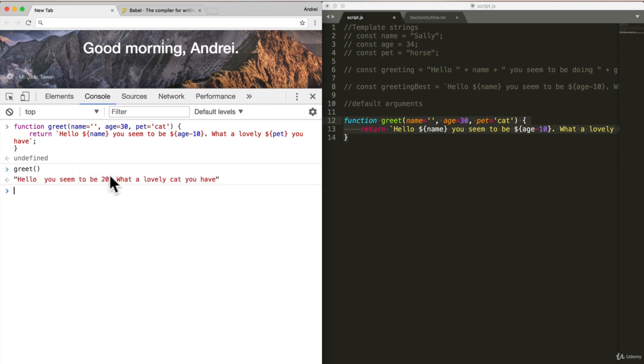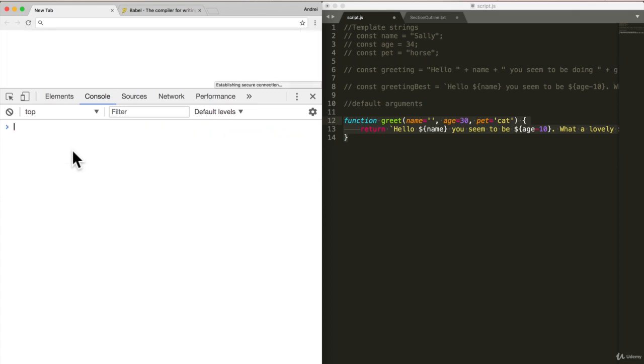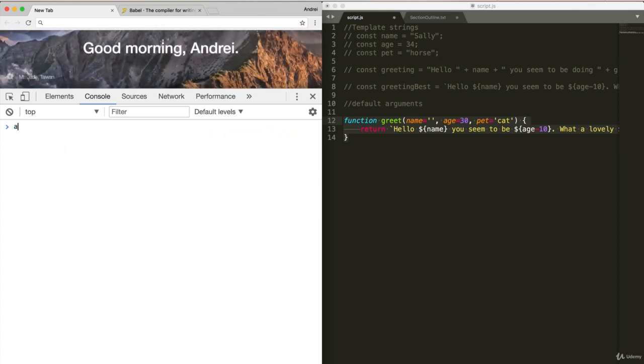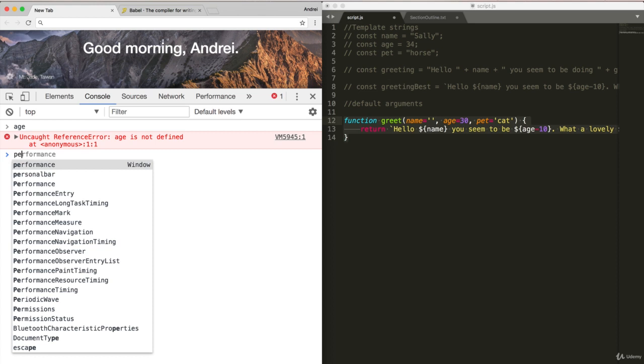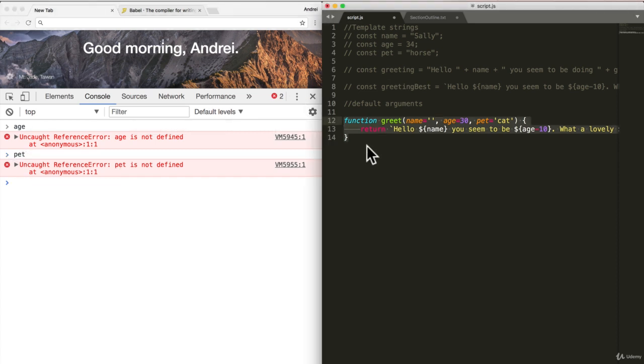Hello, you seem to be 20. What a lovely cat you have. Did you catch that? Even though our browser, and let me just refresh so you know for sure, has no idea of what age or pet is. But if I run this function,